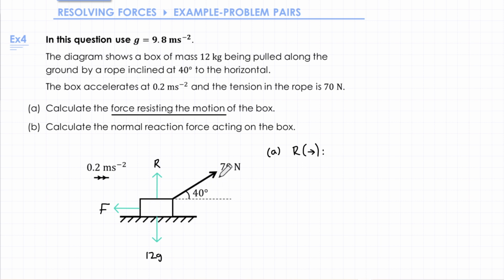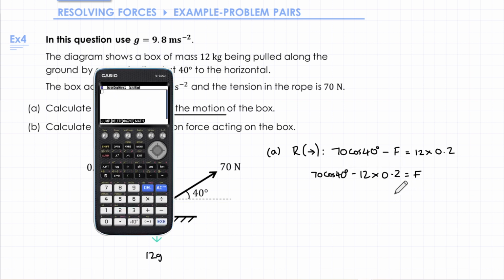We have a component of the 70 Newton force. As we're crossing the angle, we'll use cos, so 70 cos 40. F is resisting motion, so minus F. And that will equal mass times acceleration, 12 times 0.2. If we add F to both sides, then we'll have positive F on the right hand side, and we'll also subtract 12 times 0.2 from both sides. And if we put that into our calculator,